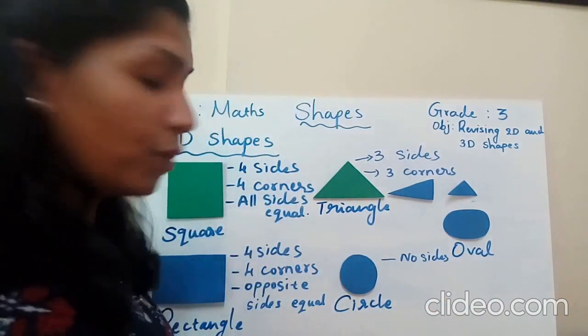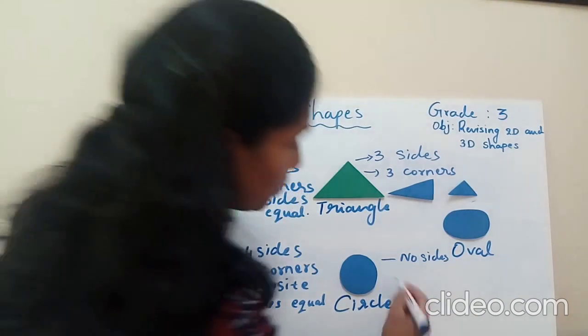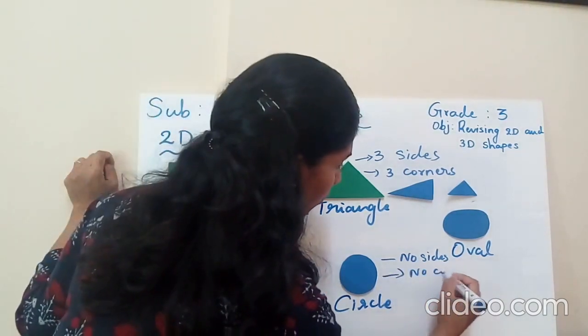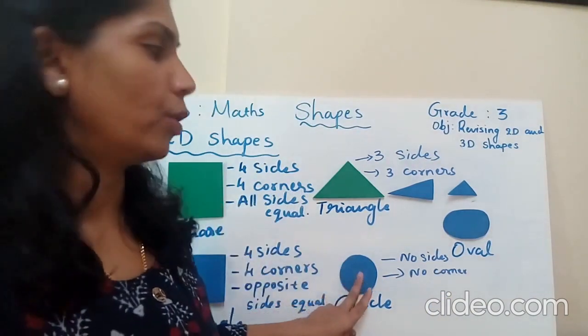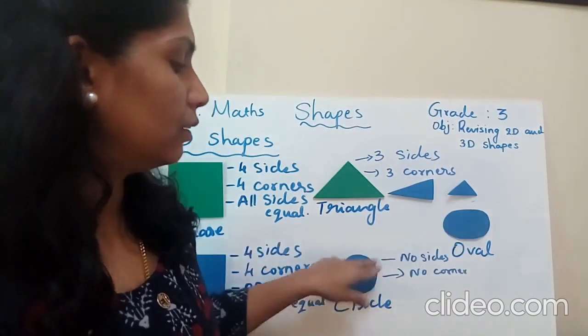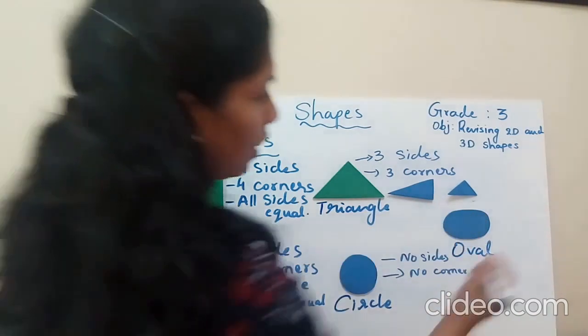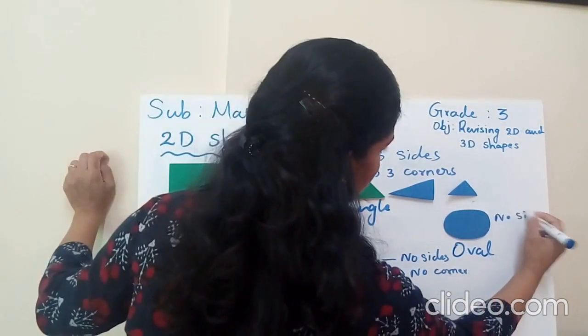And can you see any corner? No. So there is no corner also. In the circle, there is no sides and no corners. Same like circle, oval also, no sides,